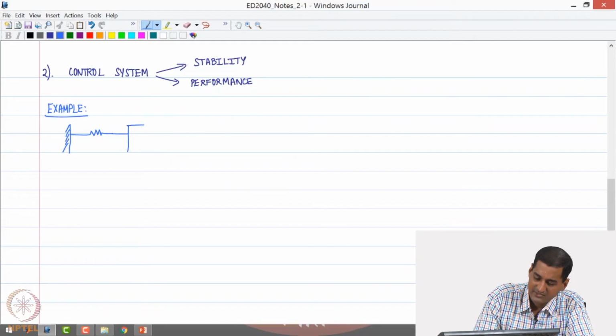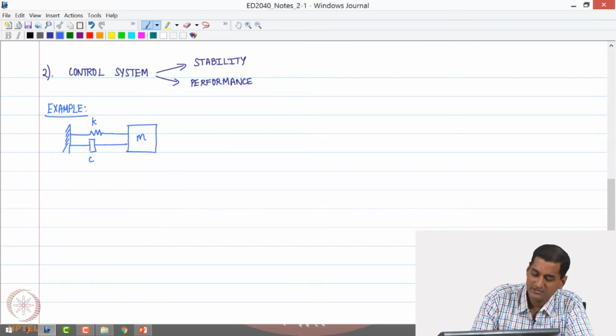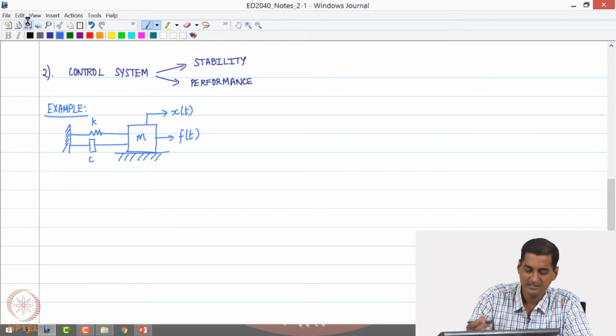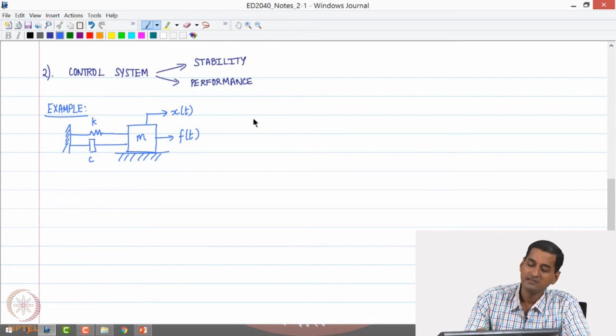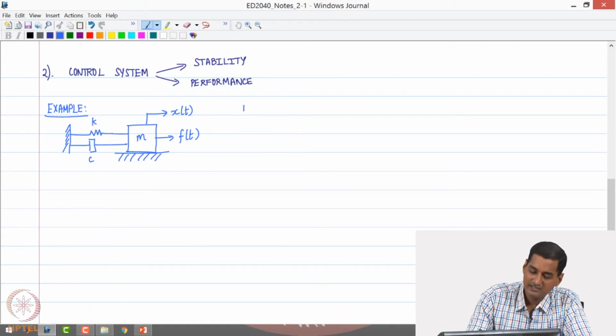So let us say I have a mass m, which is connected to a linear spring with a spring constant of k and a linear damper with a damping coefficient of c. And let us say I apply a force f of t on this particular mass, and the displacement of this mass from its equilibrium position, let us call it x of t. So all of us know the governing equation of motion for this system